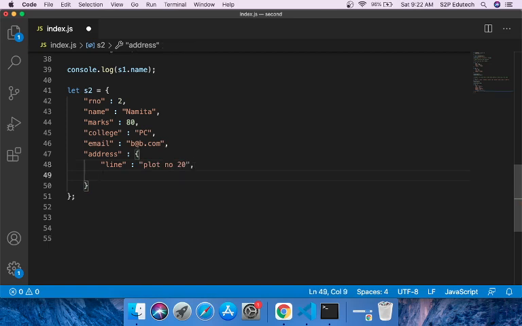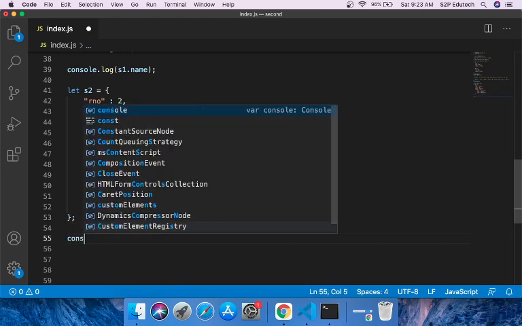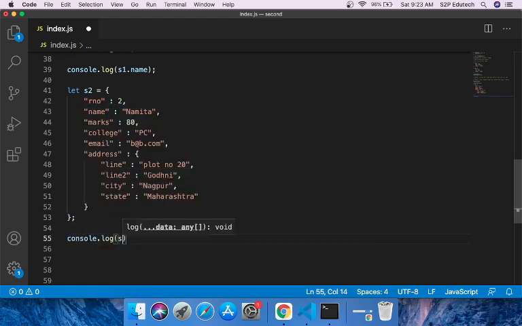Then I'll use another key, line 2, and I can say Godmi. Then I have city, I would say Nagpur. And fourth is state. I would say Maharashtra.